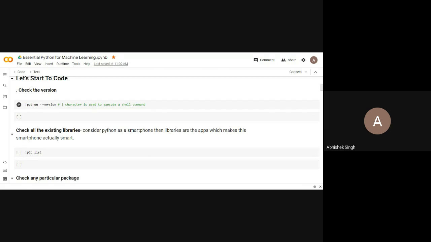In Python, we can write a comment by using a single hash. So I've written a single hash and then I have written a comment here. This comment is showing that the exclamation character is used to execute a shell command. Basically, this means that whenever you have to check version, or install certain things, then you use command prompt or terminal. So this exclamation mark makes Google Colab feel that this is a terminal, this is a command prompt. And when I run this, for the first time,